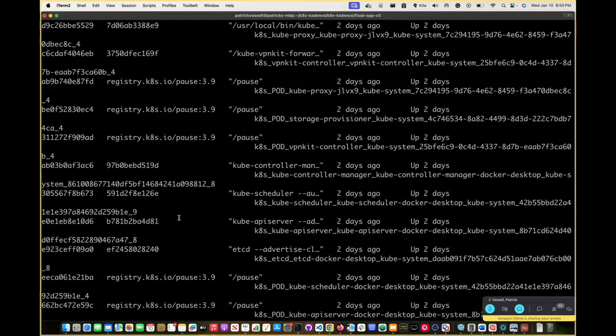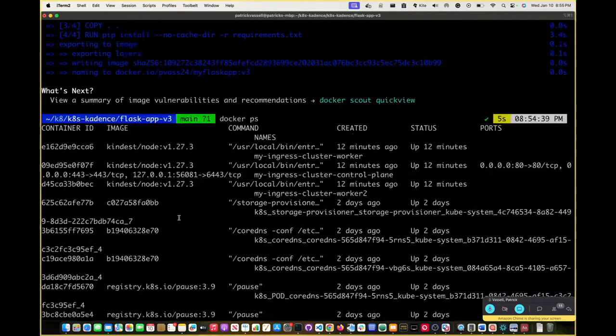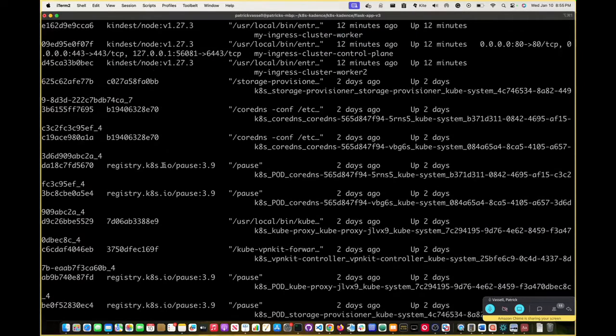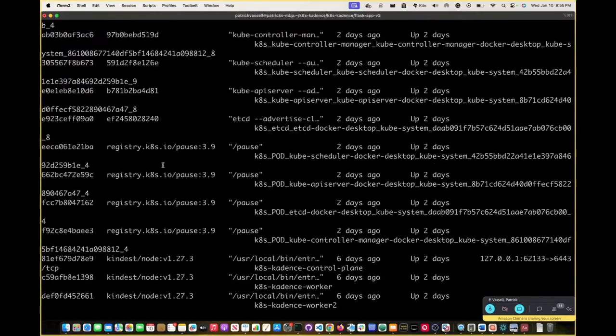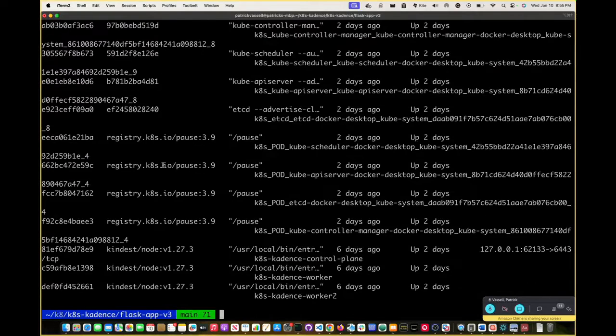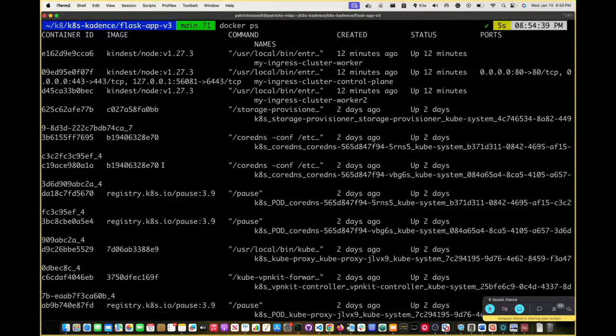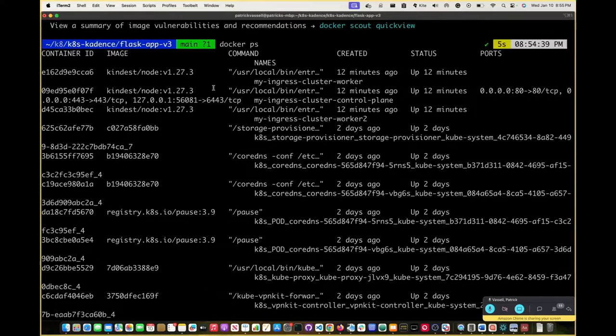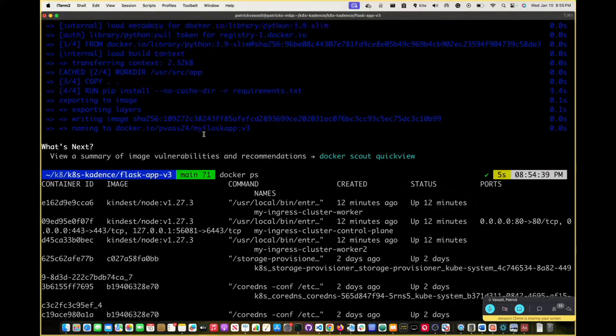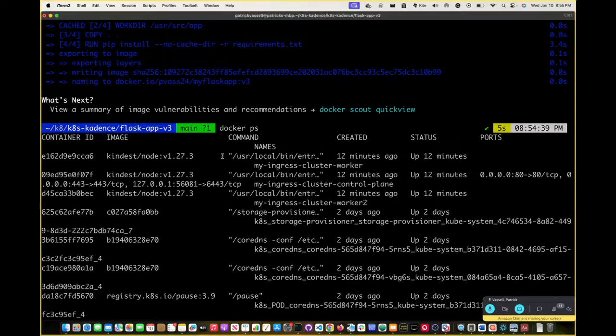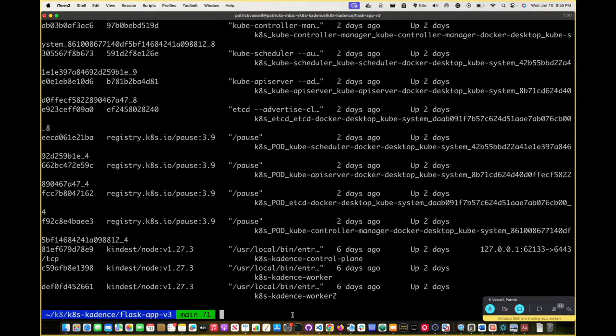Because I'm zoomed in quite a bit, I don't know why it's not showing the Docker image name well, but it's in here somewhere. I can't see it for some odd reason, but it's been created and it's in here. If you're doing yours, it will probably be much easier to see. But the more important thing is I want to do a docker